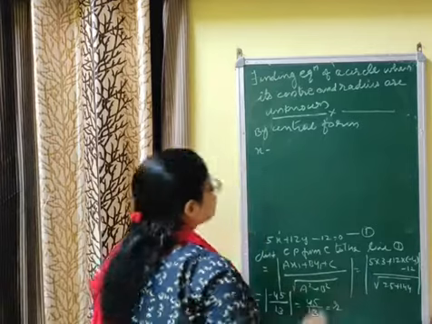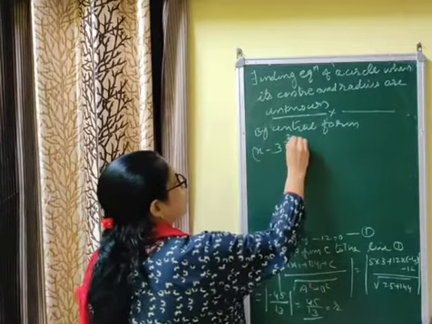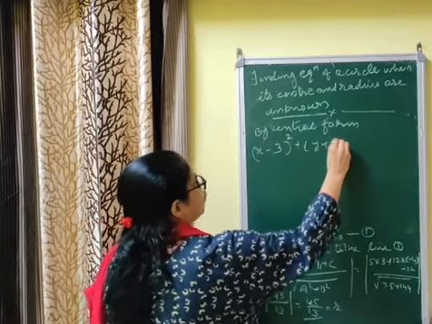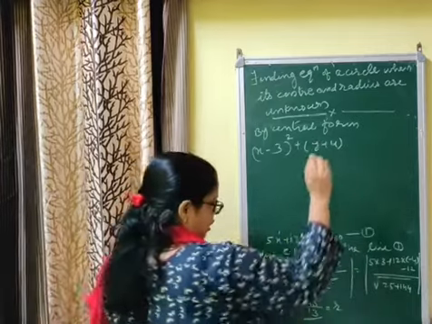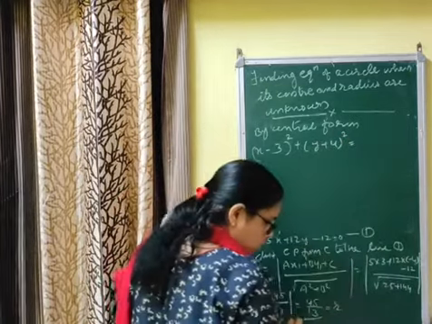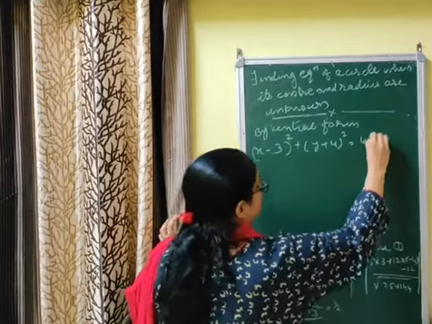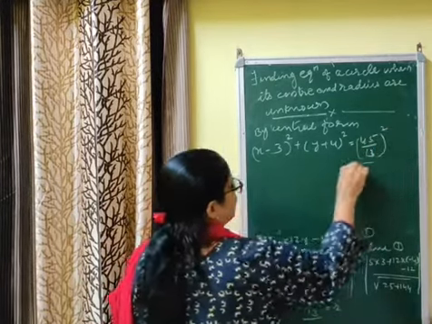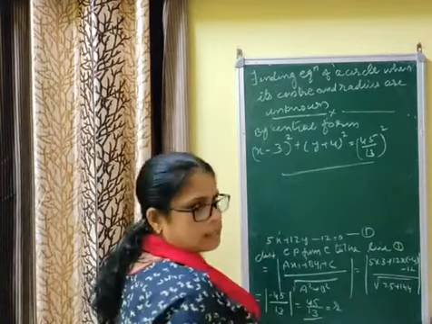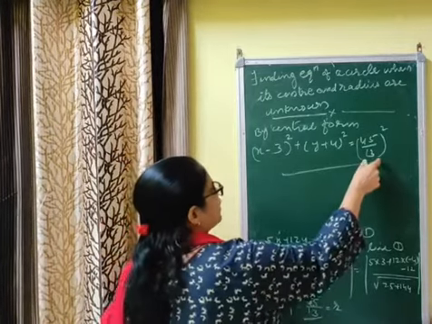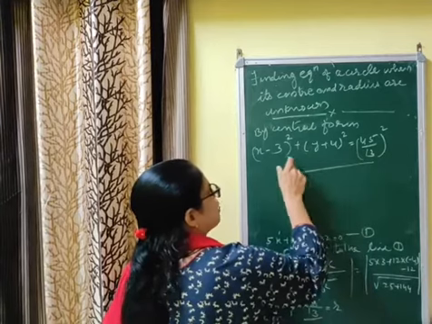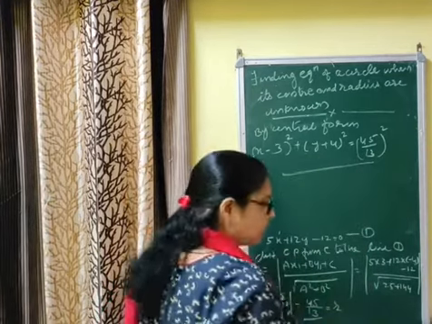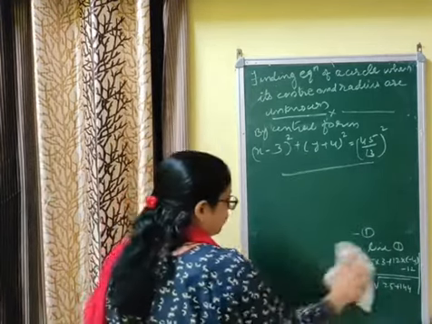The center is (3, -4), so the equation is (x - 3)² + (y + 4)² = r². R² is (45/13)², that is, 45 by 13 whole square. Now I am stopping this answer here, but you have to take the radius square as well, expand these two terms, and convert it to standard form. That is your homework.